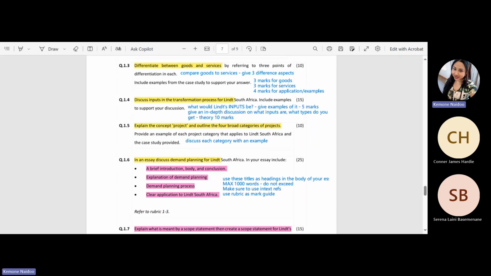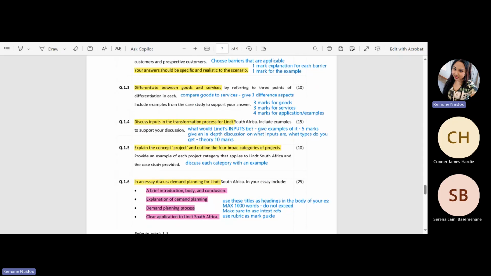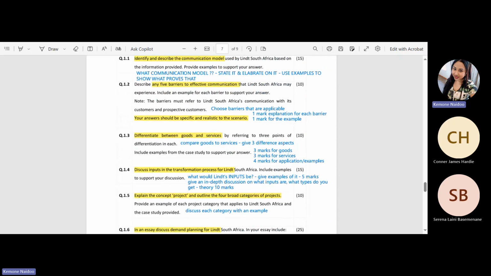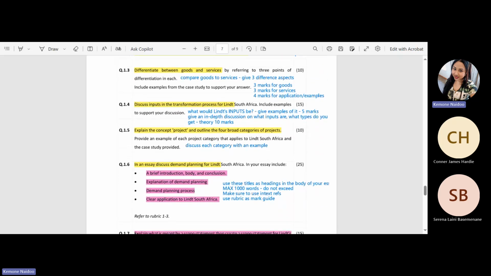Okay, so we will go through some content so we can look at different barriers. Because I'm not sure if you guys have gone through any of that, but we will look at them. Okay. Always remember to break down your question so that it's not overwhelming, because if these weren't highlighted, it does look like a lot that you have to do. So try to break down the question on your own, use highlighters, print your assignment out. It makes it easier to ensure that you're answering everything. Okay. Then